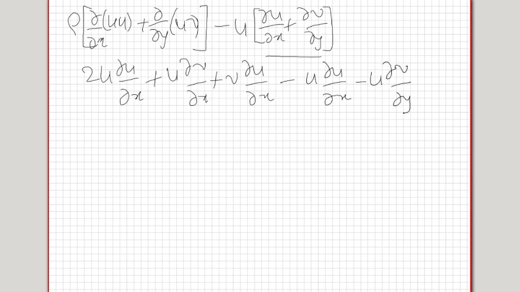Correct? So what happens? The u del u by del x cancels out and u del v by del y, where did I miss? This should be u del v by del y, right? Yes, this is u del v by del y and v del u by del y. So u del v by del y will get cancelled out. So what I have is u del u by del x plus v del u by del y. So the left hand side will actually be only these two terms, u del u by del x plus v del u by del y.